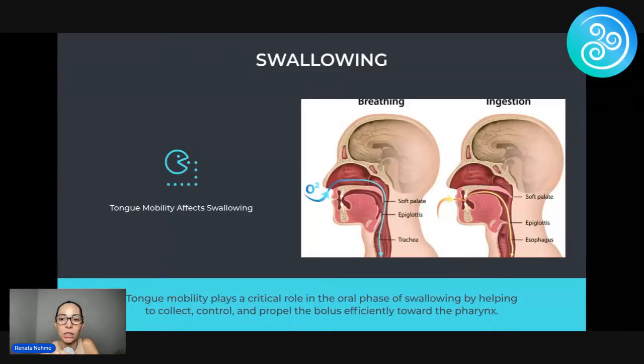Myofunctional therapy only looks at oral phase swallowing. What does that mean? That means exactly what it's talking about over here. Whenever you control the food inside your mouth, and whenever you propel that food, so you organize the food, and you propel that food to be swallowed. If there are any issues with that function, myofunctional therapy can help. After they swallow, if there's any issues right here, choking, swallowing the wrong way, they have to go see a speech pathologist.